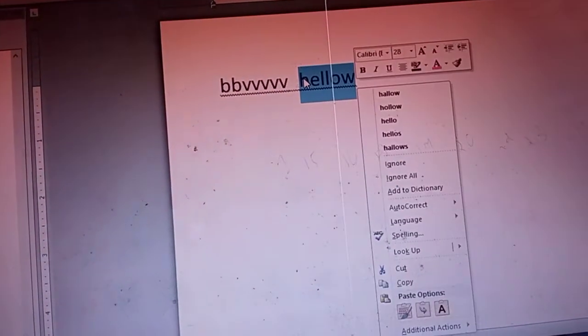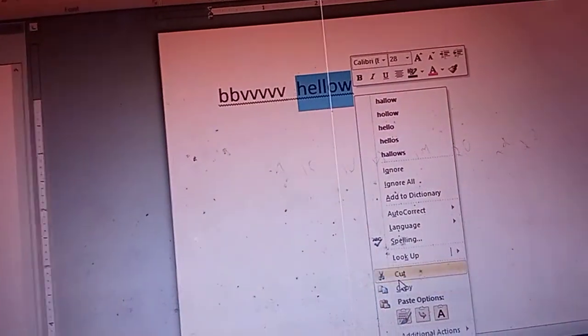Another option is there: select here, then you can just cut also. That time also it is deleted. If you paste, then only that cut word is pasted here.